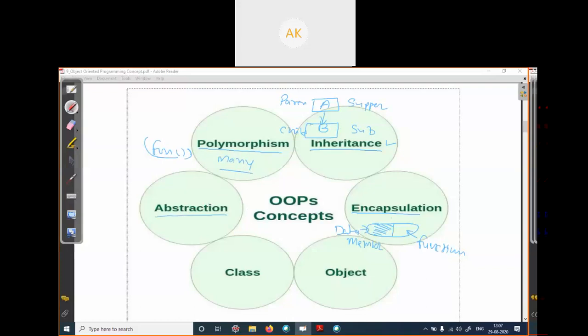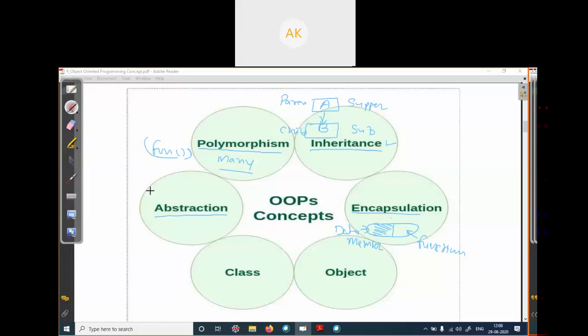Then abstraction. Abstraction means we are hiding unessential things and showing only the essential things to our user or object. There are many data members and many methods, but we will show only essential methods to our user. Like in a car, there are many things like the engine, and the engine has different functionalities.